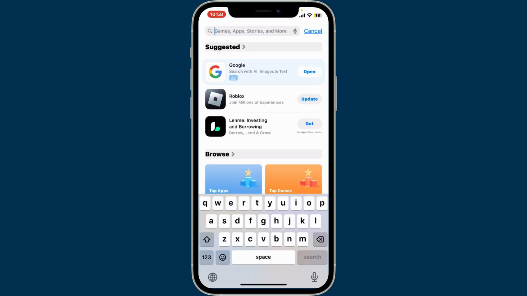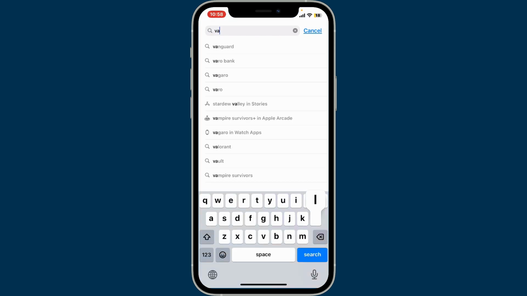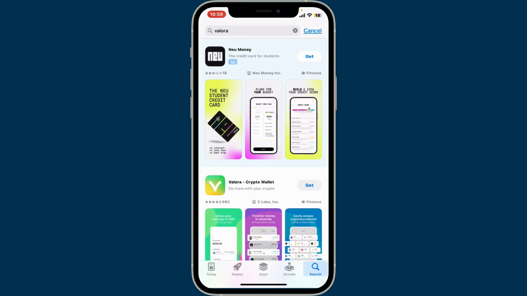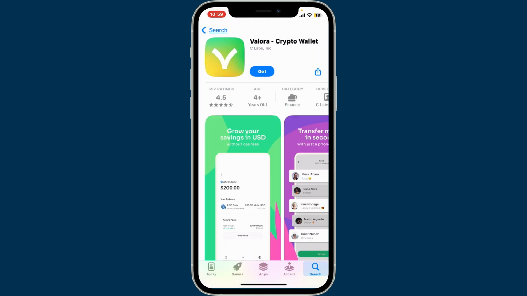Now, launch and open your App Store. In the search box appearing at the top, type in Valora, and search. In the search result, you should go ahead and look for this application with this specific